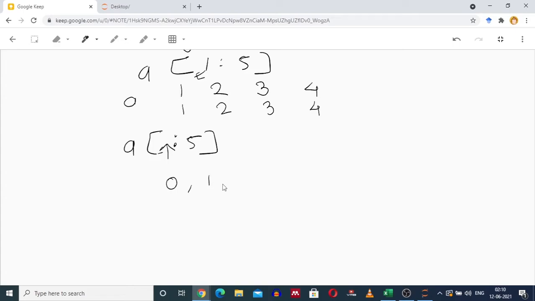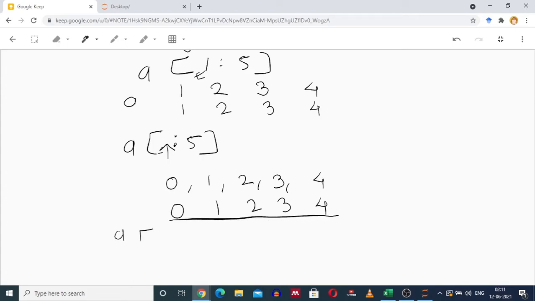You will run till 5 minus 1, so you will run till 4. So you want the element at index 0 which is 0, at index 1 is 1, at index 2 is 2, at index 3 is 3, at index 4 is 4. Therefore output 0, 1, 2, 3, 4.